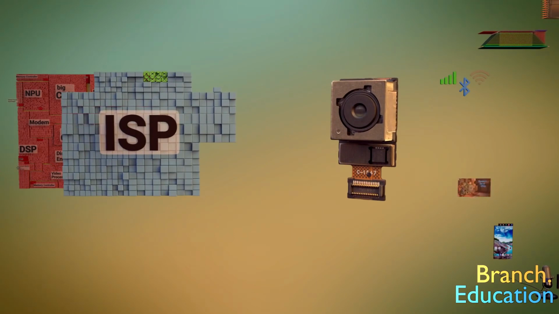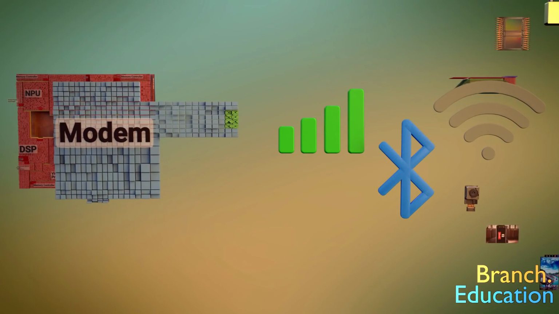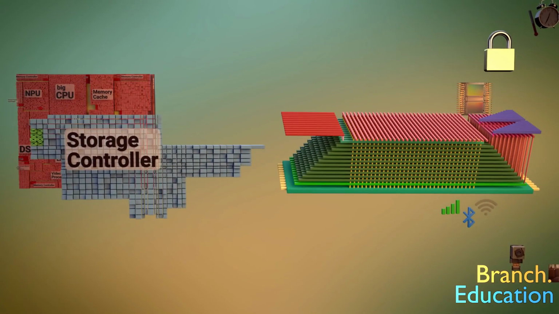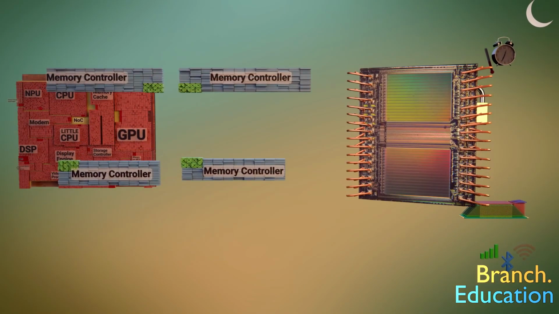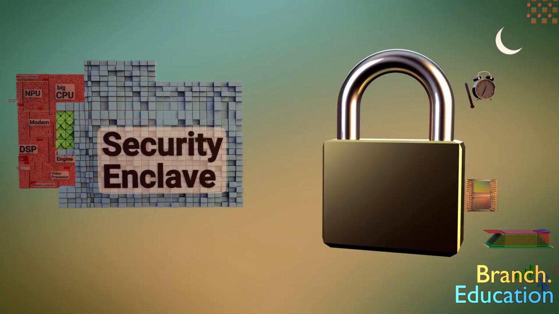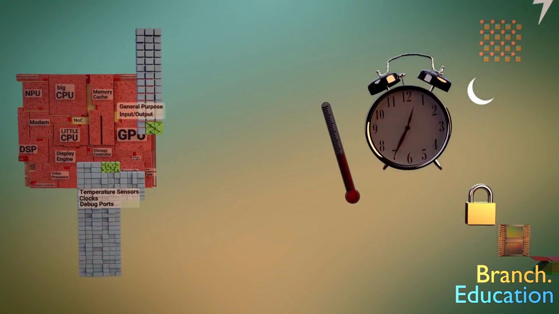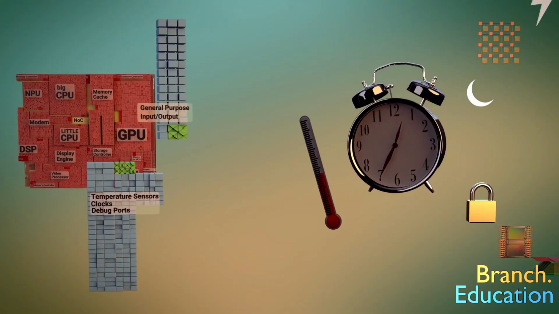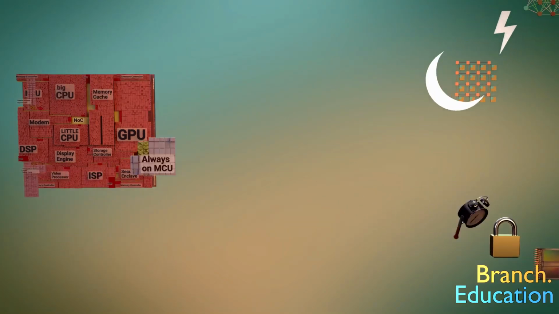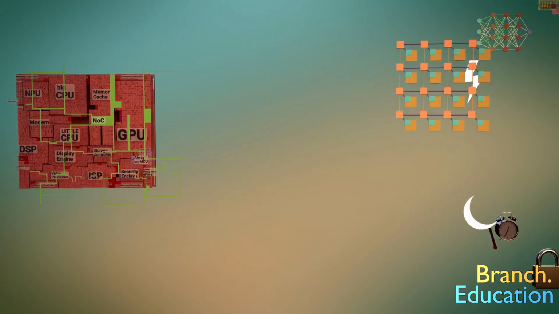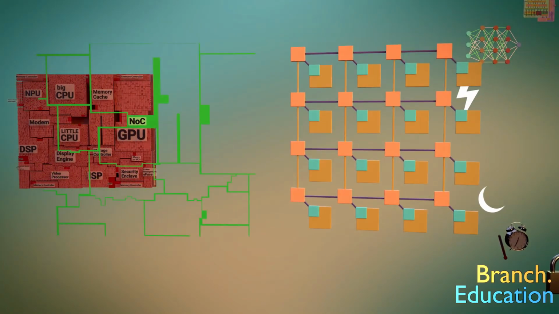the image signal processor which processes pictures and video taken by the cameras, the modem which interfaces with the various wireless networks, the storage controller which saves and loads information from the flash storage microchip, the memory controller which connects to the DRAM microchip located on top of this one, the security enclave which executes encryption and manages the public and private keys, a number of peripheral functions such as clocks, temperature sensors, debug ports, and general-purpose inputs and outputs, an always-on microcontroller unit, and finally, the network on chip, or NOC, which arbitrates or manages data flow through the SoC, the DRAM, and other parts of the